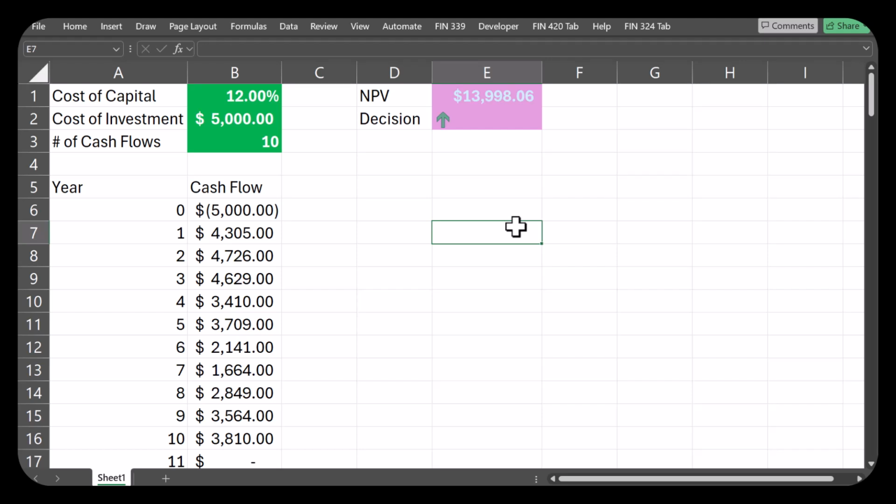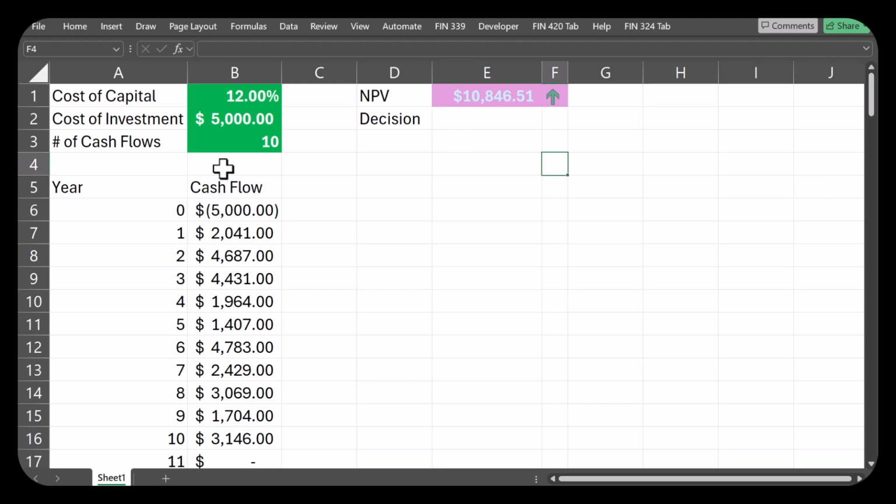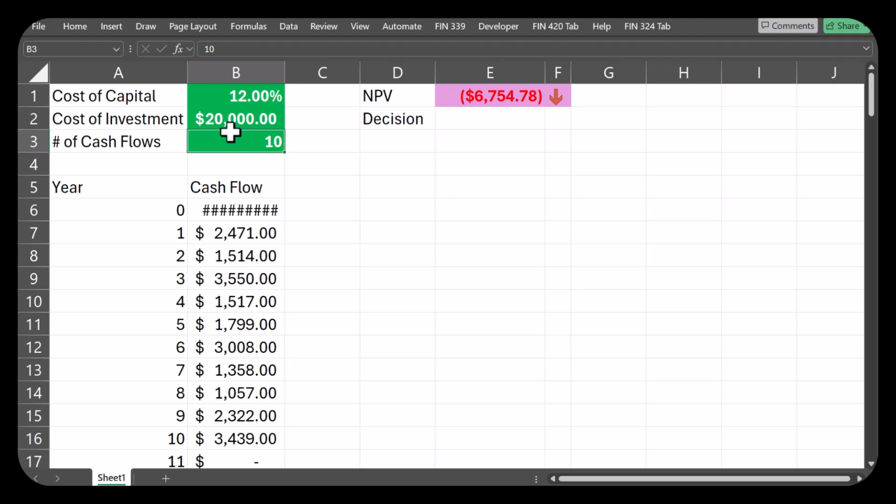Or I could have shifted this whole thing here, what have you. You know, if that was 20,000, go ahead with it. Here I basically built in a functionality. It says if the net present value you make as a percent of the cost of investment is outside of plus or minus 10%, if it's above, go ahead with it. If it's below, reject it. If it's in between,